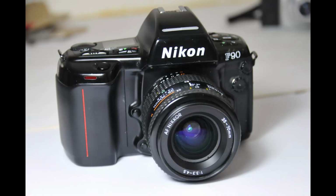It fits into that tradition with Nikon of producing a camera for amateurs that is so good it is actually used by professional photographers as well. And that is one of the factors of the F90. For the time, it was a highly computerized camera. It had new functions as